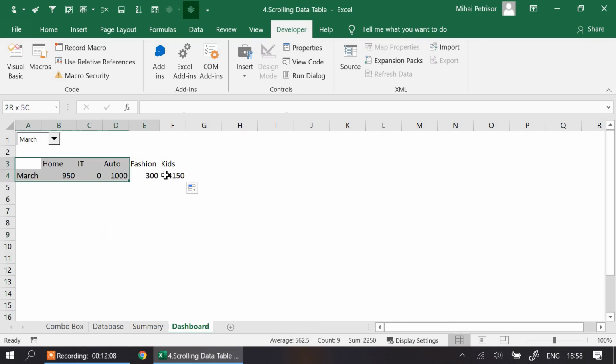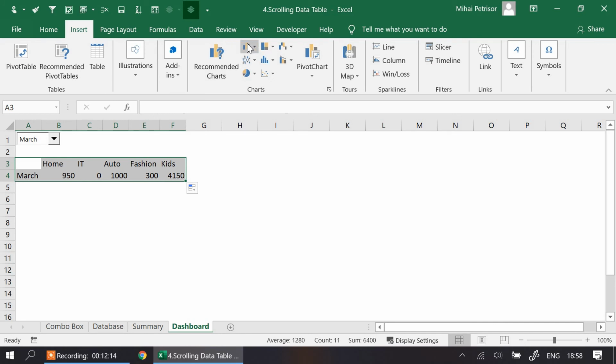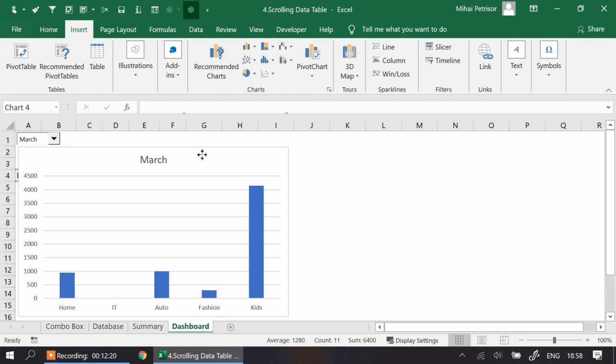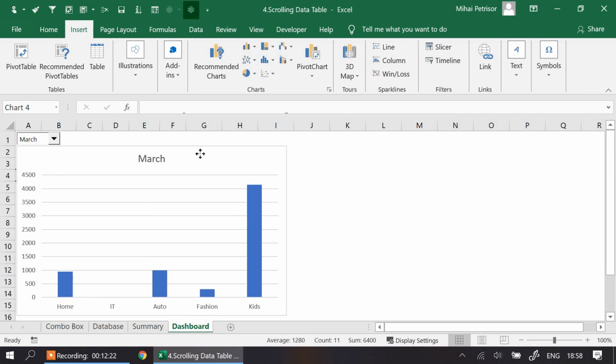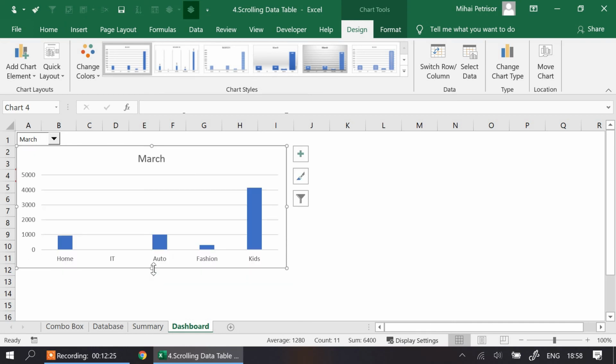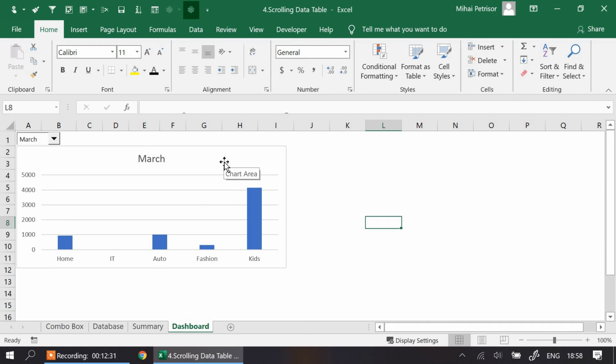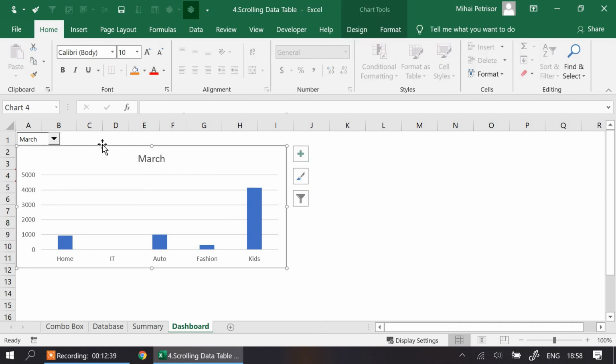And for now I'm gonna insert a simple chart, a column chart. I'm gonna put it over, and I will try to make it simple, just to give the user the feeling that I don't have any table here. It's just a menu, a really nice dashboard for him to go into the details for each month, to see the category results in terms of sales. Good. So let's make it simple.